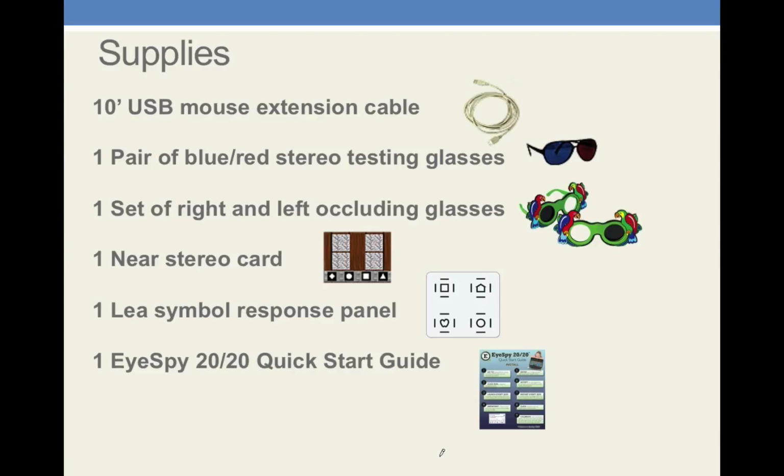Now, here's what is important to understand. EyeSpy 2020 is not a diagnostic tool. So when we talk about comparison to a professional examination, we're not talking about the detection of strabismus or amblyopia or myopia or a specific eye condition. What we're talking about is the detection, the identification of those children that require professional medical follow-up by an eye